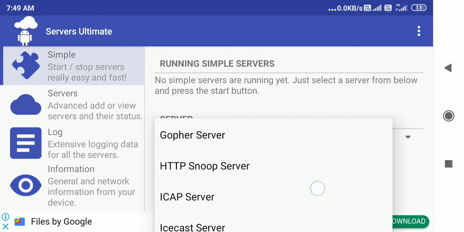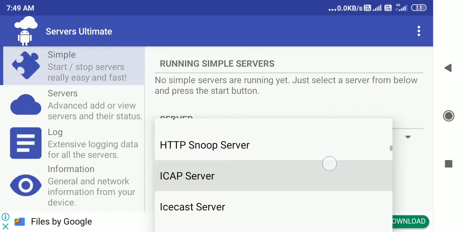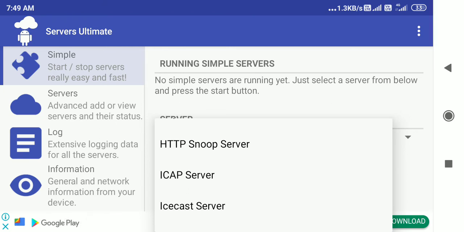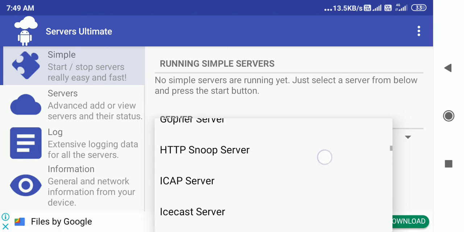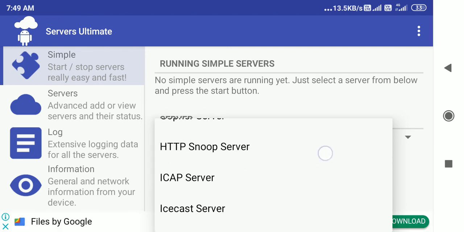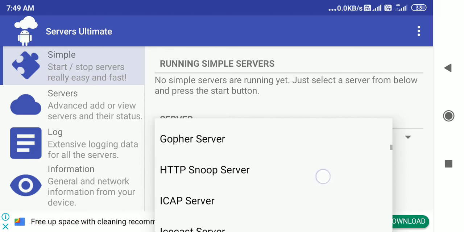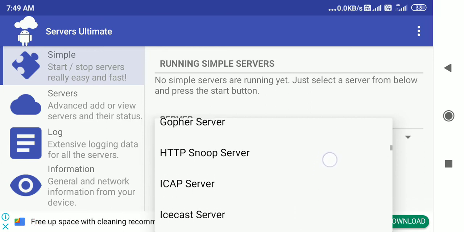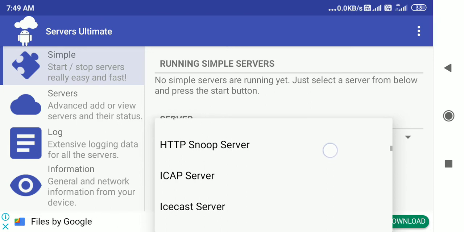Still, it is used as an HTTP Snoop server, Hypertext Transfer Protocol Snoop server. That is a kind of protocol which you can use for snooping. Snooping basically is like if you want to get over one network and go to some other network, and from there you want to snoop into a particular channel and access something, then it's called a Snoop server, or it will just find out things. That kind of thing.